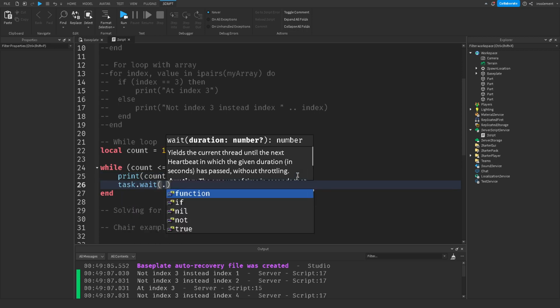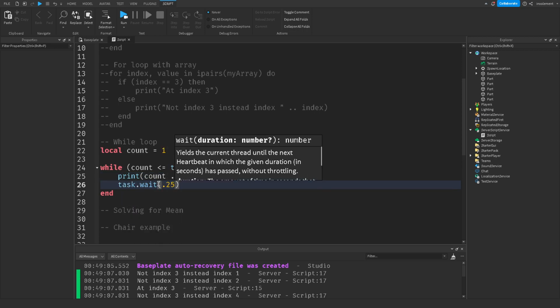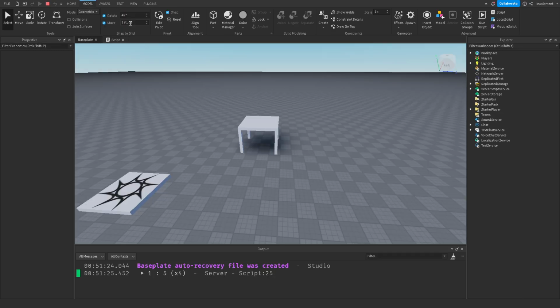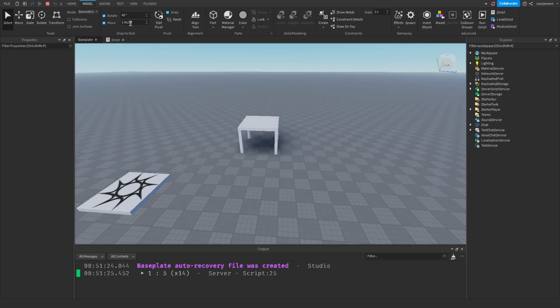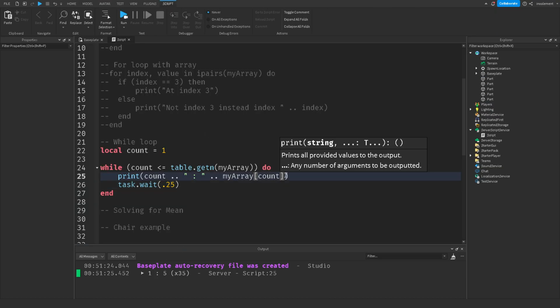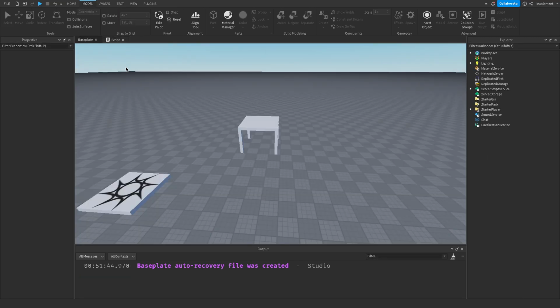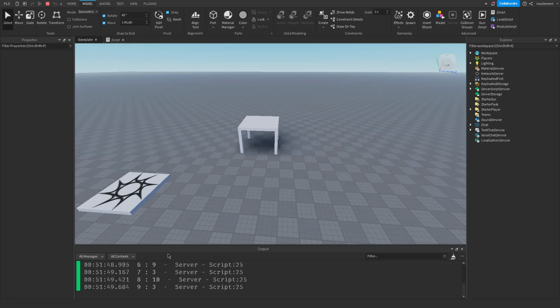We always want to put a wait somewhere inside of a while loop, or else you will crash. Maybe not with this, because wait, hold on, what's going on? Oh, whoops, I forgot. You have to increment count. Completely forgot. So yeah, as I was saying,